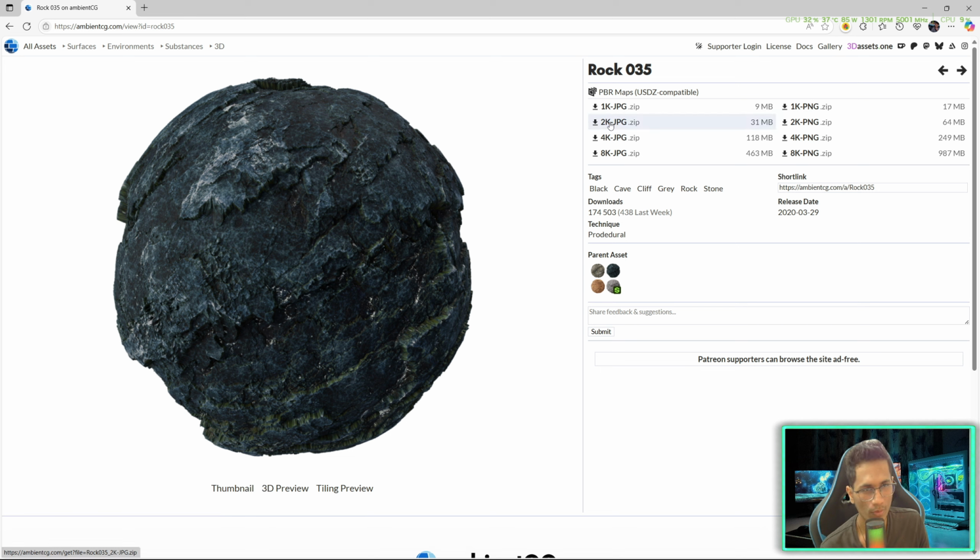And again, you can go for whatever you prefer. I would like to go for 4K. So first and third textures will be 4K and the snow will be of 8K. Once you have downloaded,